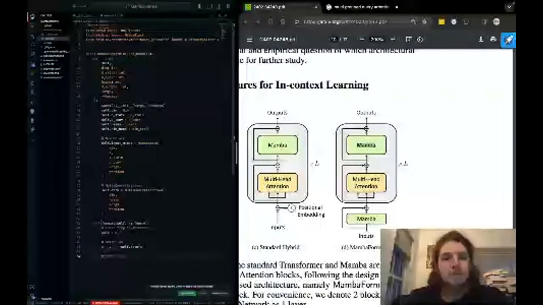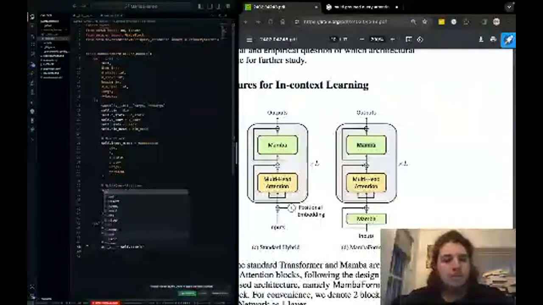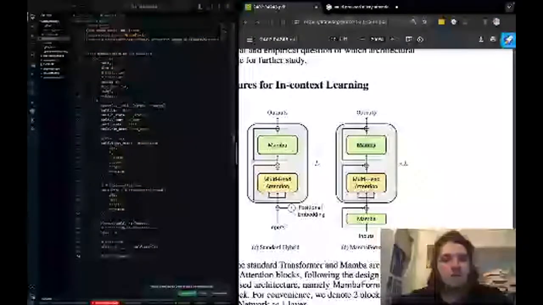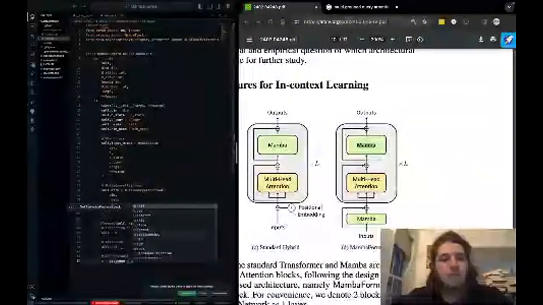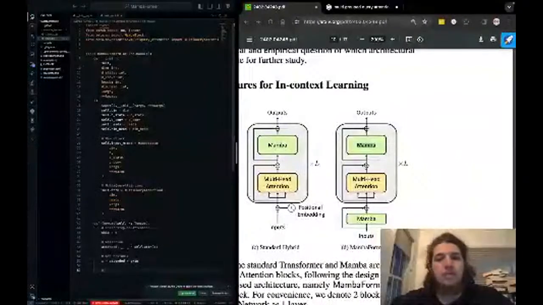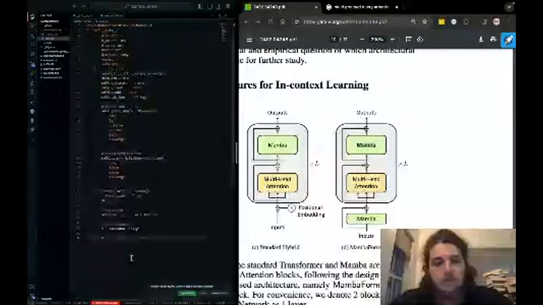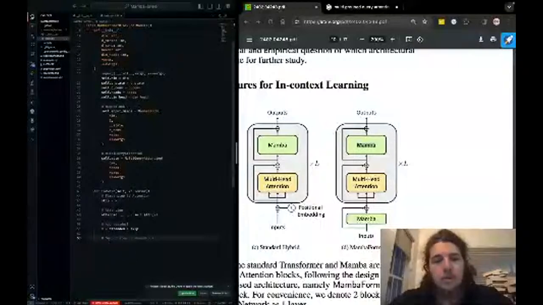Then add residual. So the X is the input tensor. We're implementing this right here. Now we're gonna add Mamba.